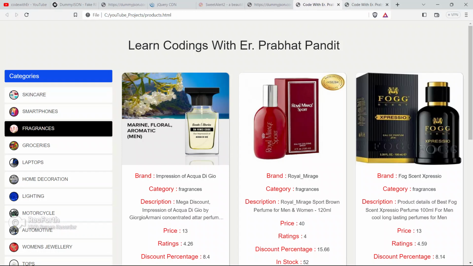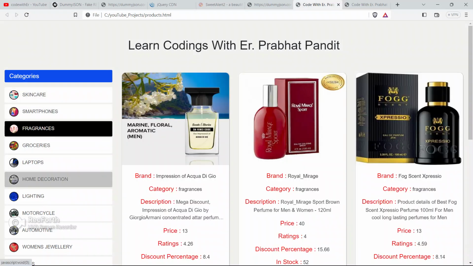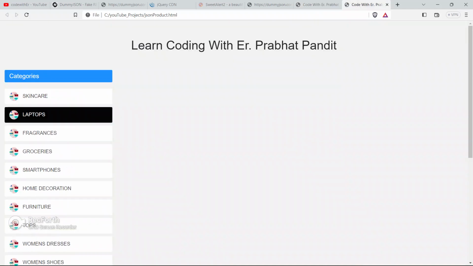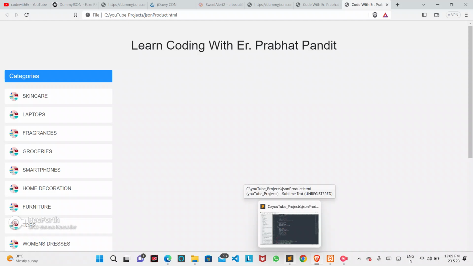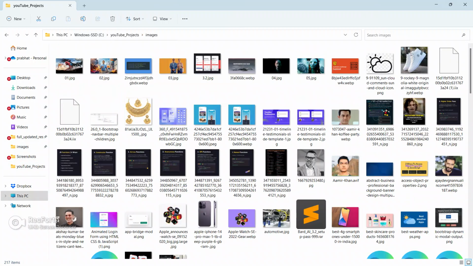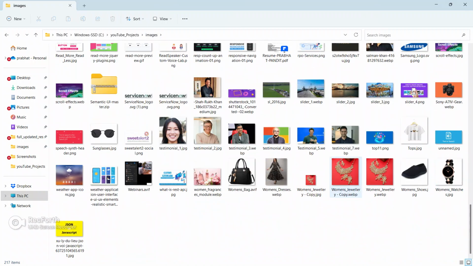Okay, so now guys, we are getting each and everything like this. Okay, so now we have to change the image name also. So just change the image name also now. So let me go to the folder where I have saved the image. This is the folder guys, images, and here I have saved the images also guys. Okay, so this is the women's jewelry. Copy this image name